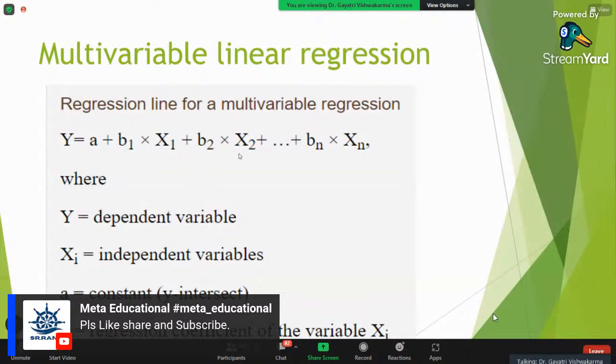Now, the dependent variable can be of any type. Now, if y is, let's say, a type of disease, if I'm saying type 2 diabetes, we want to predict whether a person is going to have type 2 diabetes or not. Yes and no. So my y variable, and what are the factors which are affecting diabetes? Okay, so my y variable is what? A dichotomous variable, a binary variable, where I'm collecting information on whether a person is diabetic or not.